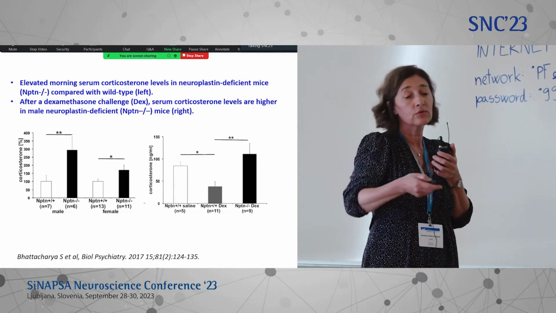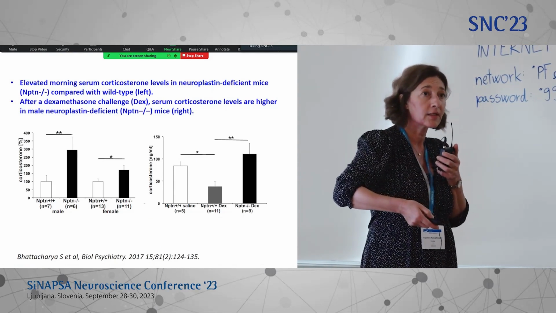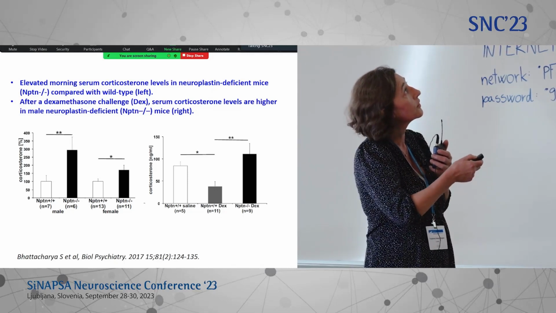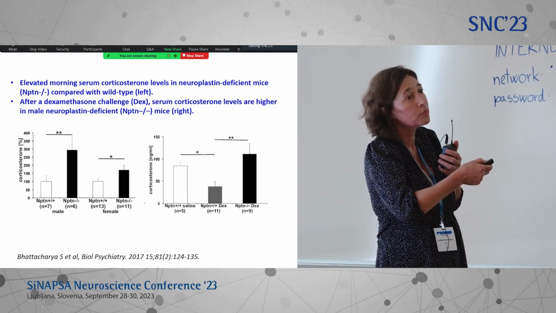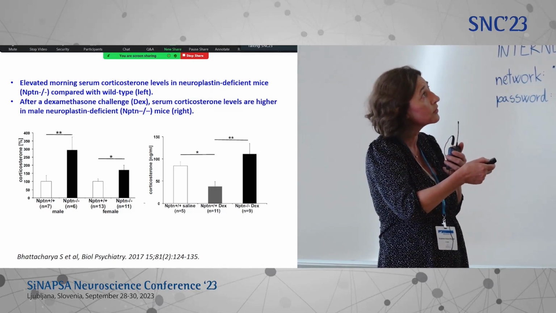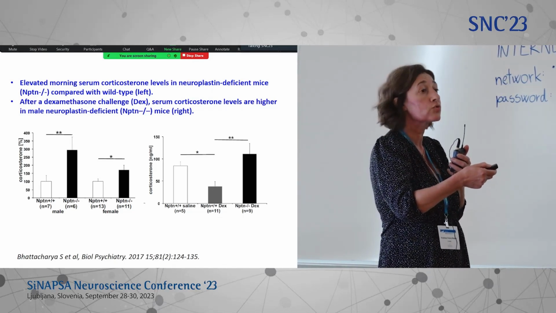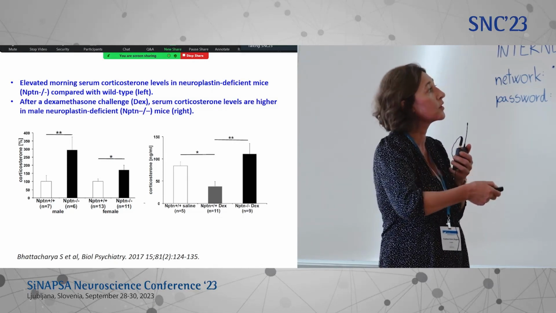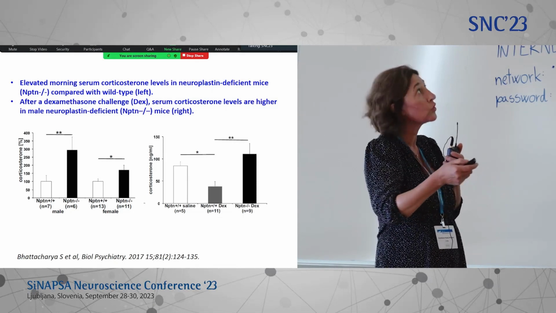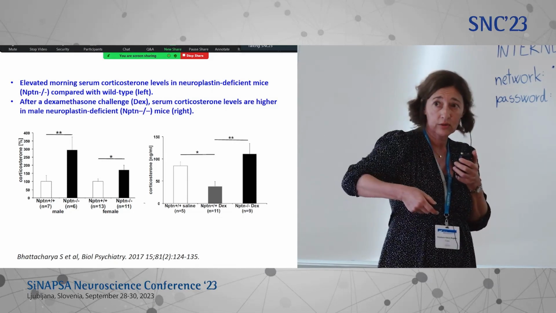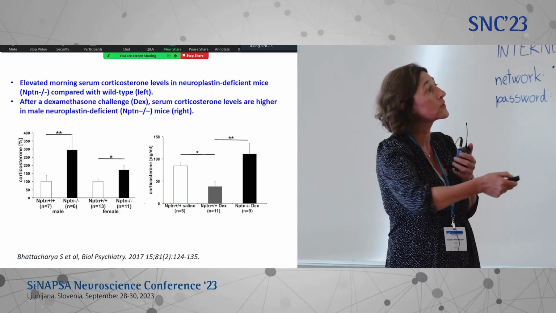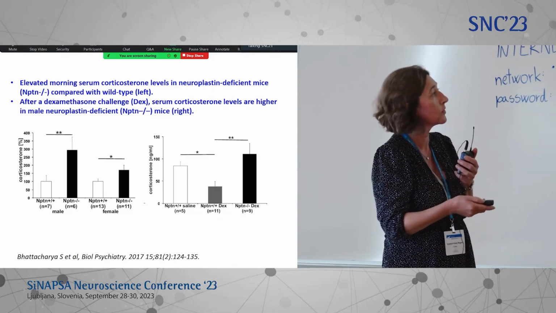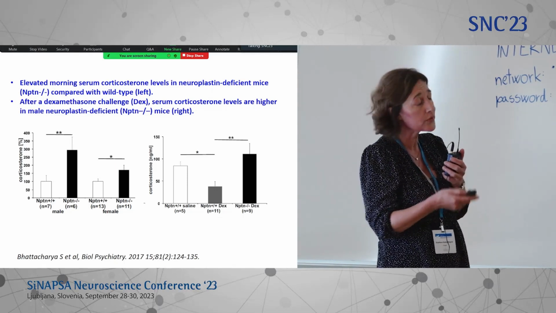And what is related to this hypothalamic pituitary axis and the neuroendocrine homeostasis, what has been shown is that in the morning, when you measure the serum concentration of corticosterone, then in mice which do not express neuroplastin, they have really elevated morning serum concentrations. And also when you make dexamethasone challenge test, then again in those animals you have elevated, increased concentrations of corticosterone. So this was about